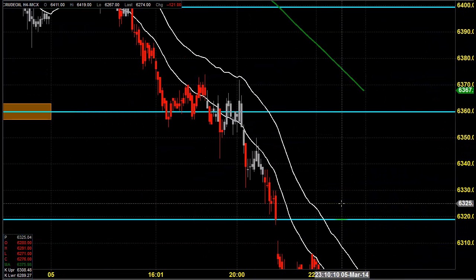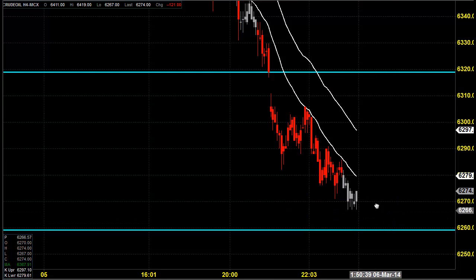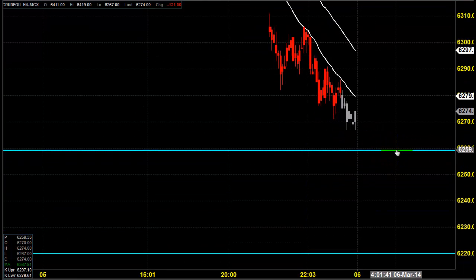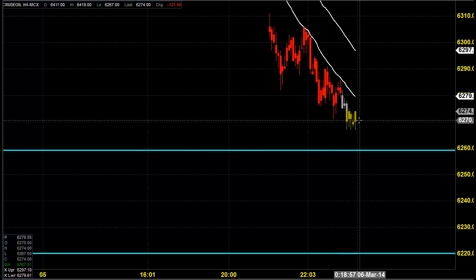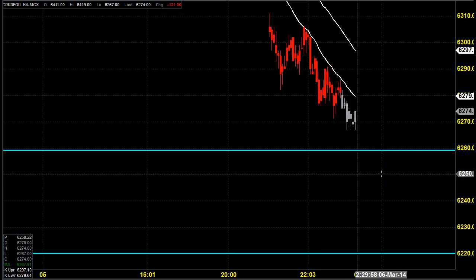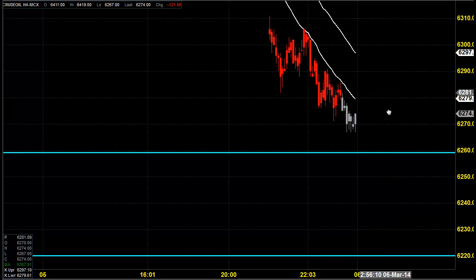So now let us see what we can do today. Today the expected price opening is going to be somewhere below 6260. That is what it's showing, seeing the MCX price direction. So you can expect the price to open down with a gap, again indicating that the market is going to continue its downtrend,